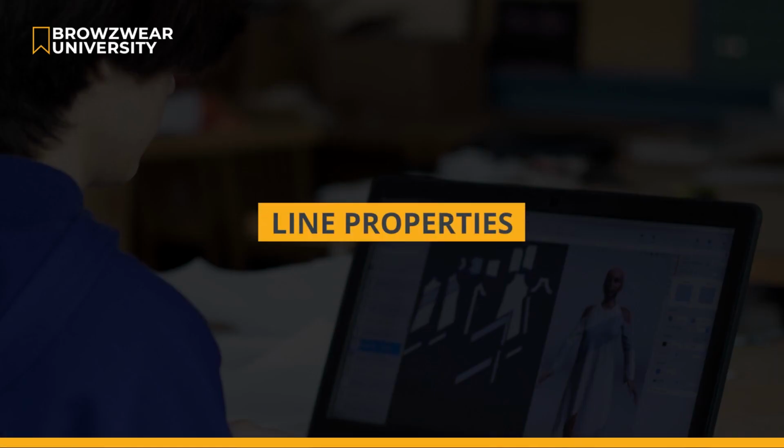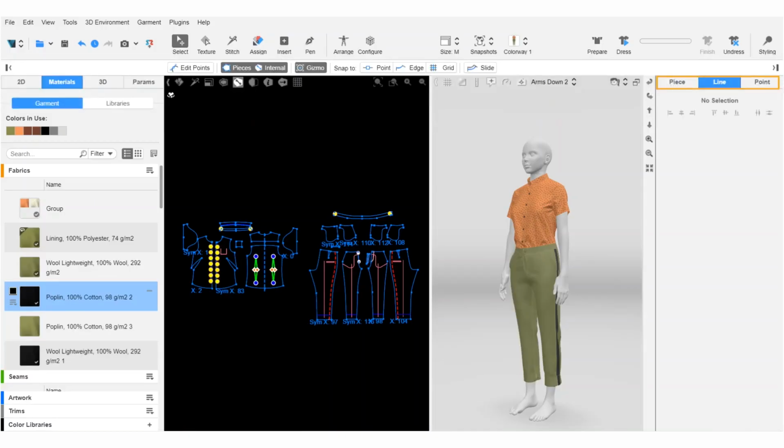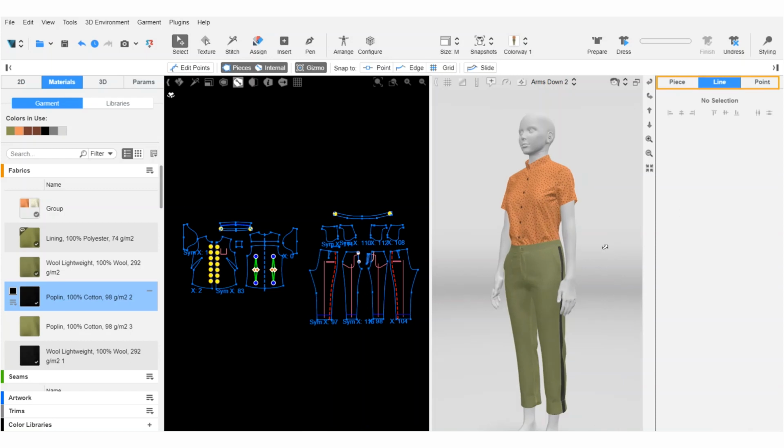In this video, we're going to discuss line properties. Line properties allow us to create a specific visual effect for a line. This is because we need to simulate an effect that typically happens after it goes through a physical sewing operation. For example, elastics are eased in, quilt lines are stitched on, and then the fabric is filled with a puff